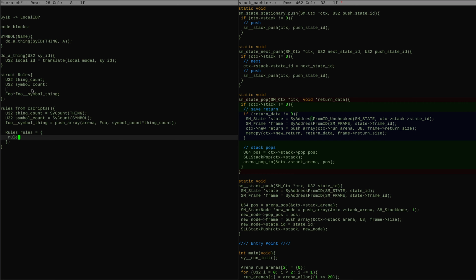The rules thing count equals blah, the rules symbol count equals the other one. Right, thing count, symbol count, and foo symbol thing, right? So you can still just